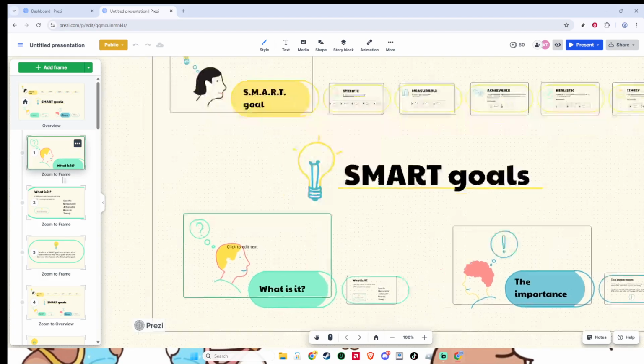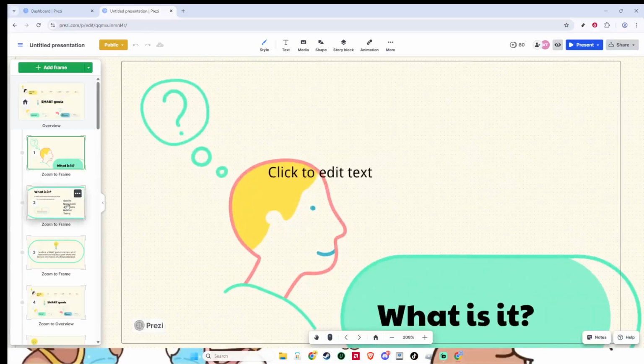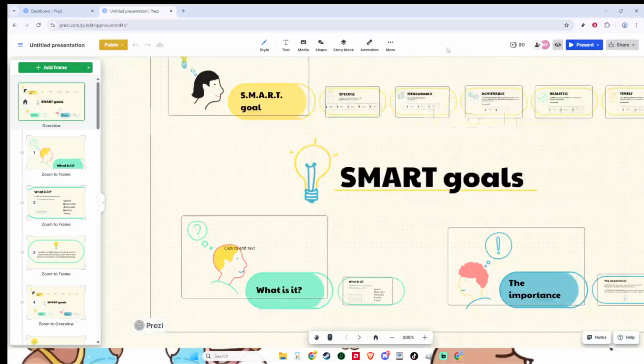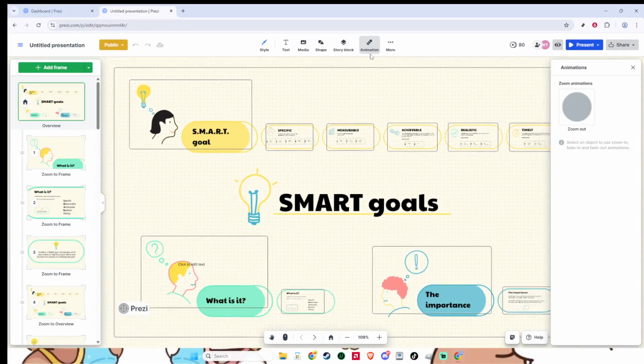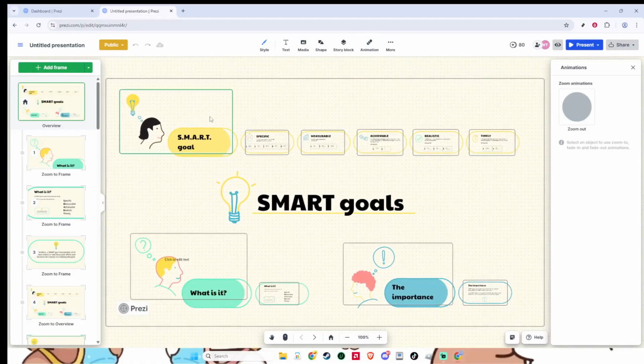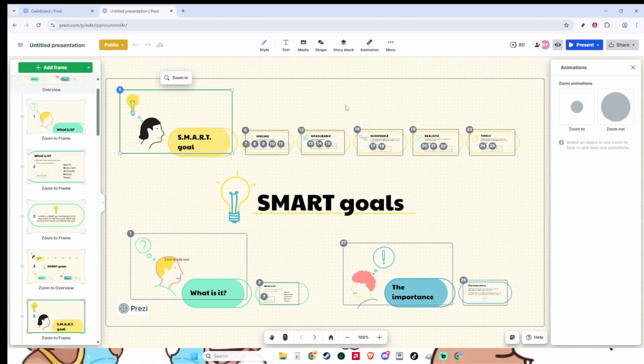Next, add your content, shapes, text, or additional images right on top of the background. These elements are vital as they will be the focus of your zoom effect. Carefully arrange them to ensure they are both visually appealing and easy to read from a distance. This setup is crucial because each element will be highlighted, and you want to ensure your audience clearly sees the